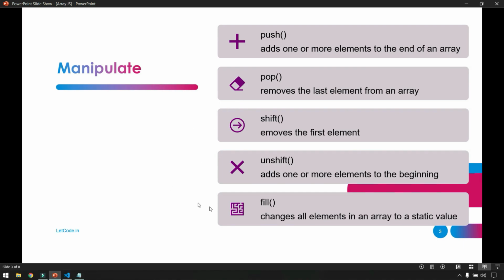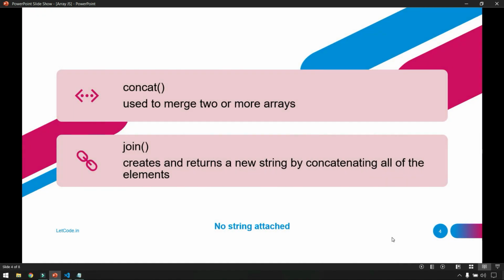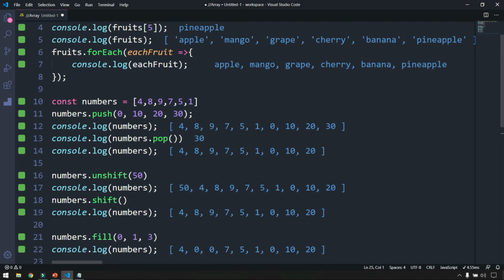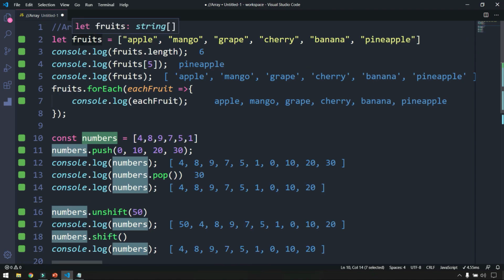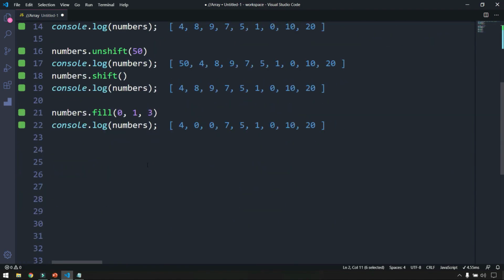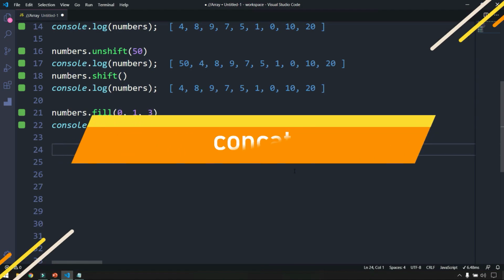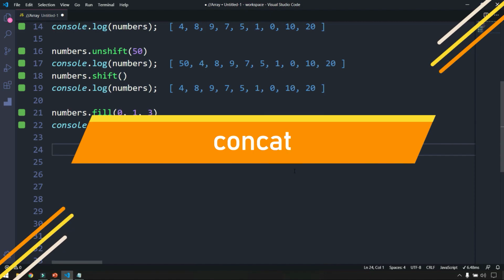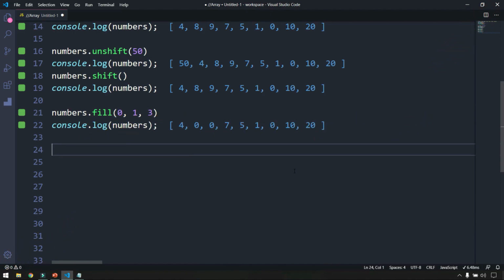So we have seen all this in the manipulate. Now we are going to do some concatenation. For example, let's say that we have this constant numbers and also this fruits. Now instead of 2 arrays, I want only 1 array. So we can combine both of them, and for that we have to use the concatenation method. If you remember the string video where I discussed concatenation, it is exactly the same. So here I can say let new array